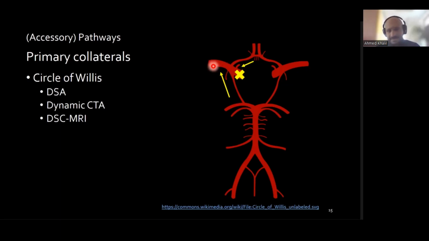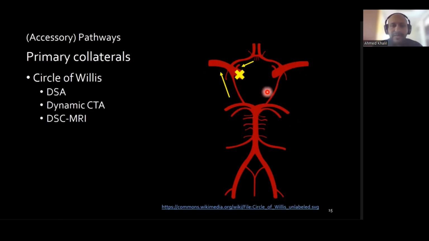It won't be the same kind of blood flow, from a qualitative or quantitative perspective, but some blood will get there. And the fact that some blood will get there means that damage occurs a little bit later. The tissue can sustain ischemia for a longer time than if these pathways were not available. And these kind of collaterals